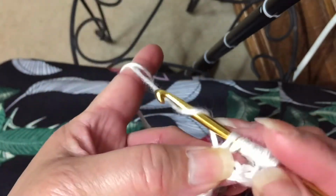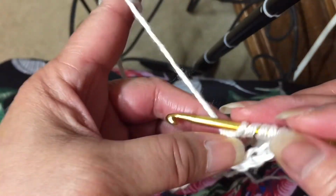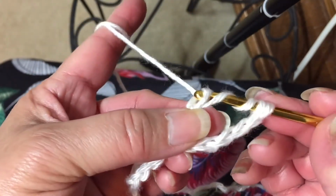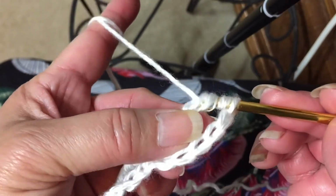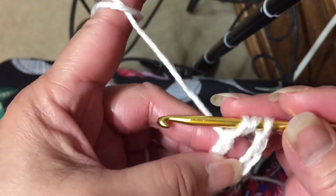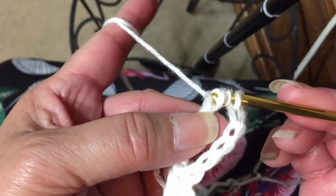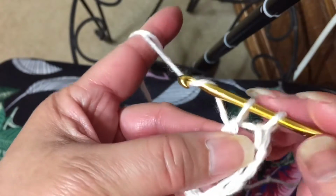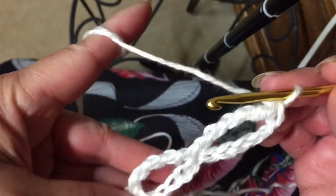So yarn over, draw through 2 loops on hook. That's 1. Yarn over, draw through 2 loops on hook. That's 2. Yarn over, draw through 2 loops on hook. That's 3. Yarn over, draw through 2 loops on hook. That's 4. Yarn over, draw through 2 loops on hook. That's 5. So you made the second one,